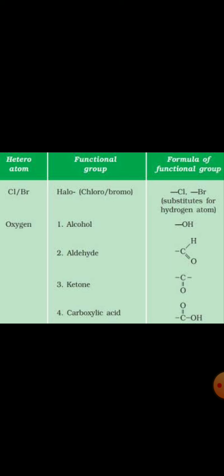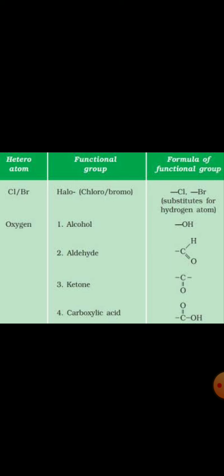In front of it, the symbol for a single bond is shown. When there is the OH functional group, that is hydroxyl. OH means hydroxyl. Second is aldehyde, and C single bond H, C double bond O, that is the formula of the